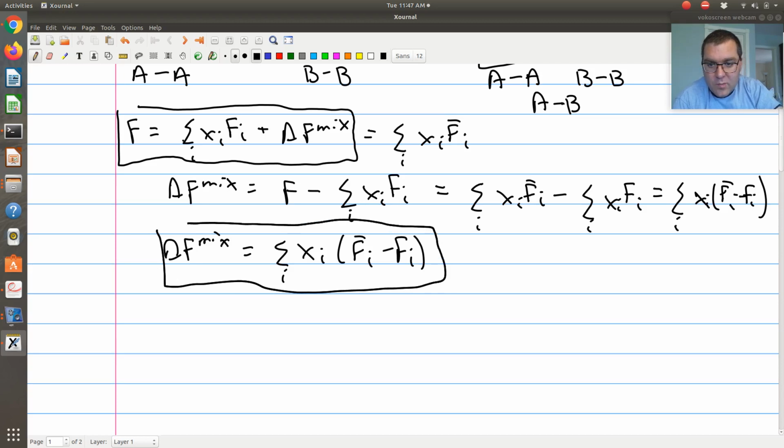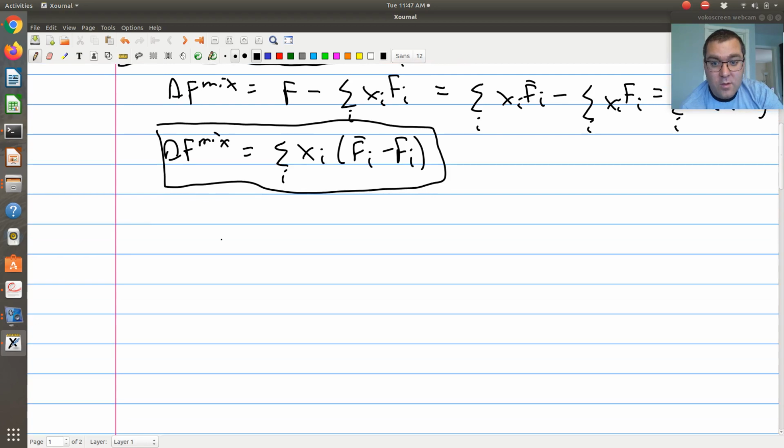So I mentioned that because what we'll do next is we'll recall our expressions for delta f of mixing in an ideal gas. And remember, property changes upon mixing for an ideal solution are the same as an ideal gas. And we'll use that to get expressions for f in an ideal solution. And then from there, we'll use the second expression to get expressions for the partial molar f's of our components in an ideal solution. Okay.